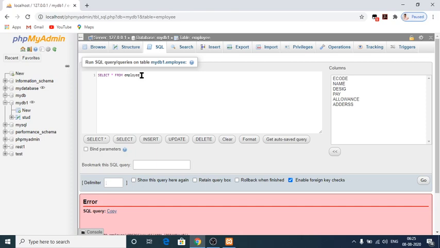group by. I am going to use group by DESIG, or select all employee having DESIG is equal to operator.